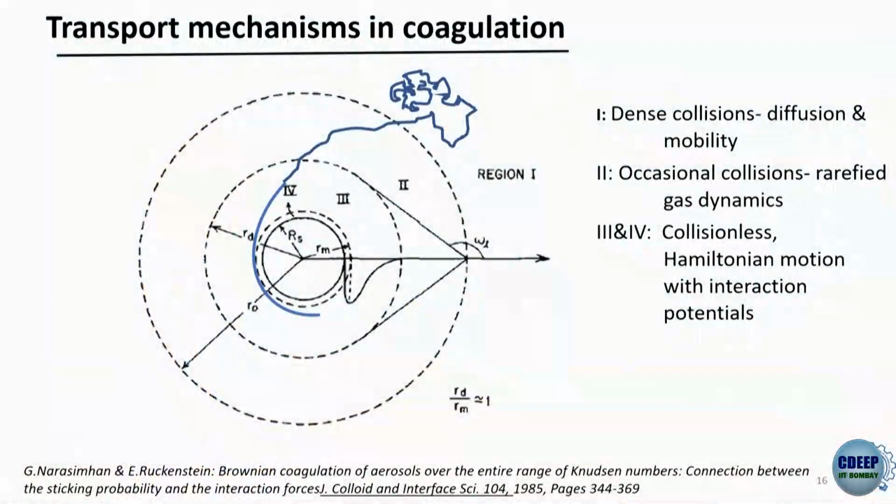So, region 1 is where it collides with the air molecules in such a dense fashion that you can describe it more or less by diffusion and Brownian motion. So, it is in fact sometimes called the diffusion mobility regime. Classical Brownian diffusion suffices. Then it comes to region 2,